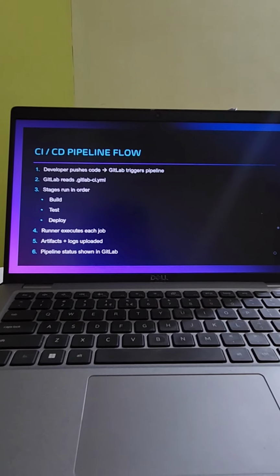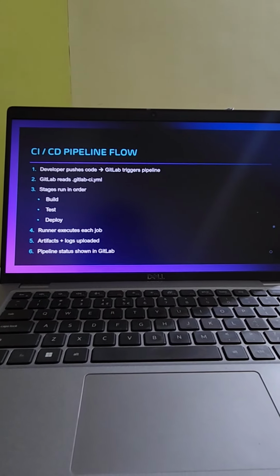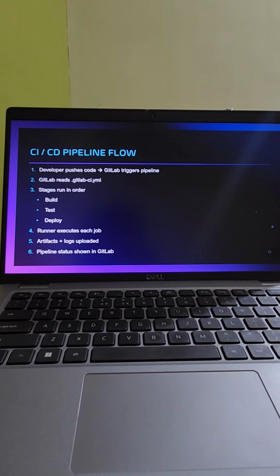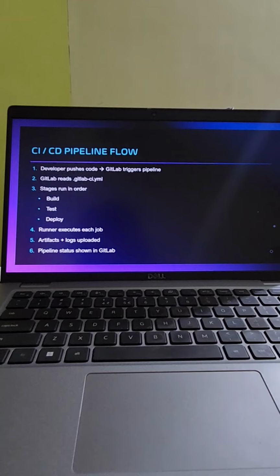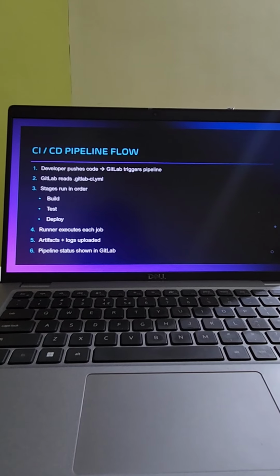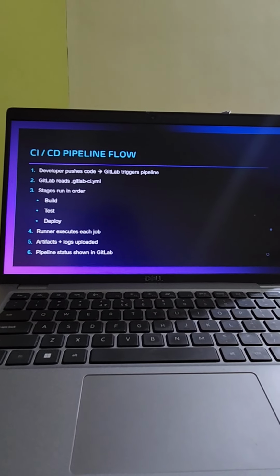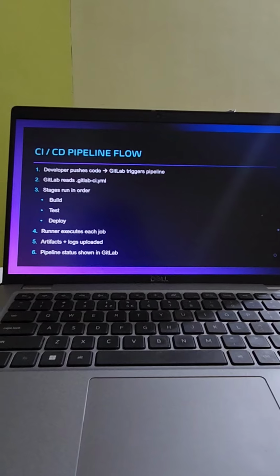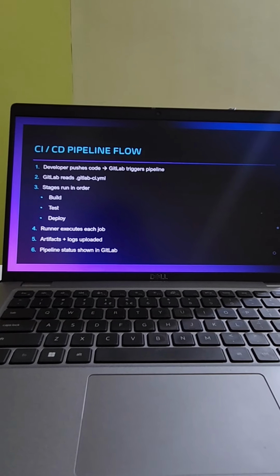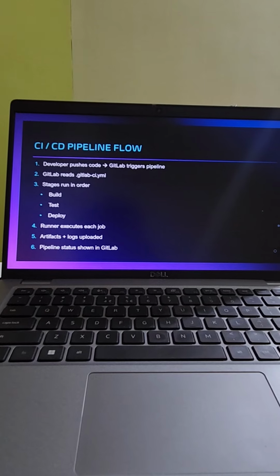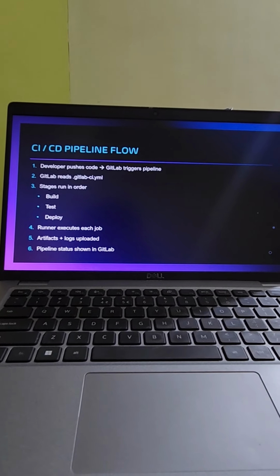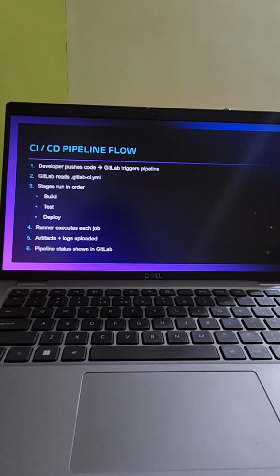So for the pipeline in GitLab, the developer pushes code, GitLab triggers the pipeline, and GitLab reads .gitlab-ci.yml. This is the main file from where the GitLab pipeline gets started. It has components like build, test, and deploy. Then inside these components, we have different tasks which